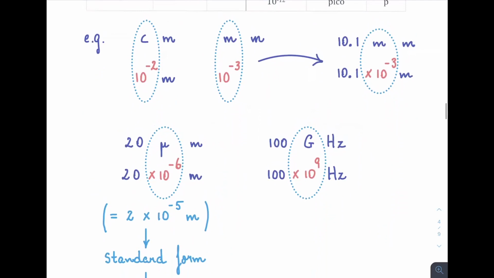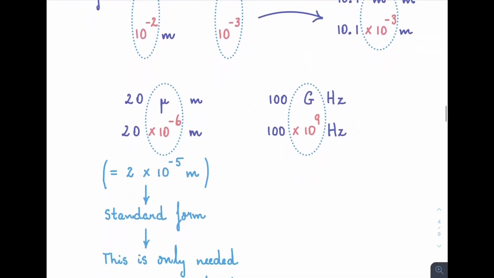Here we have some more examples. Suppose you have 20 micrometers. That means 20 times 10 to the -6 meters. 100 gigahertz is 100 times 10 to the 9 hertz. Now here I would like to point out